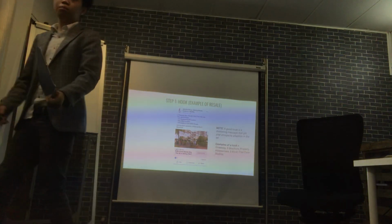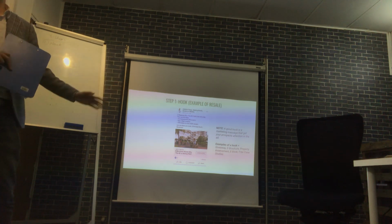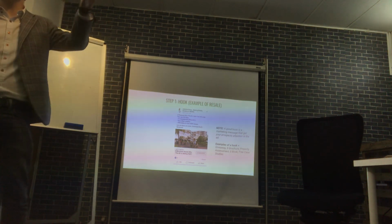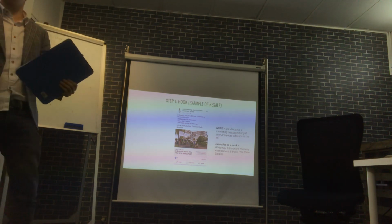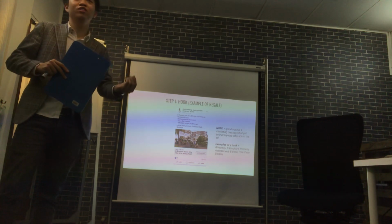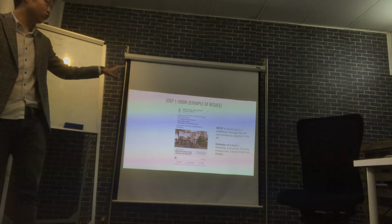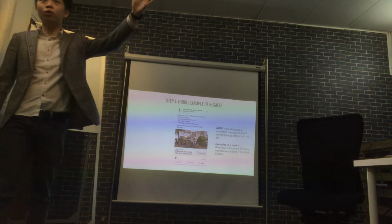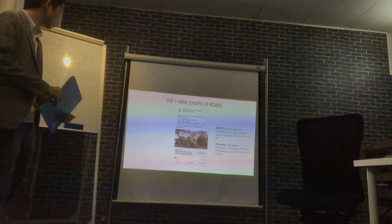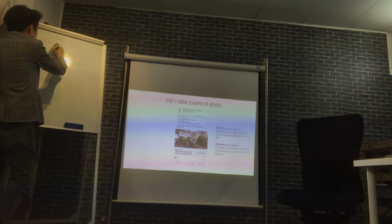Okay, so basically, you need to have this framework in place. Remember I talked about the hook. If you don't have the right hook, you will not be hooking customers. It's like you want to fish, okay? You need to know what is the bait that you have to fish the right homeowners. So right now, talking about a hook, a hook might be an image, or for probably brothers in the sense that it is videos, right? They love to use videos. So I can just write here a hook can be videos